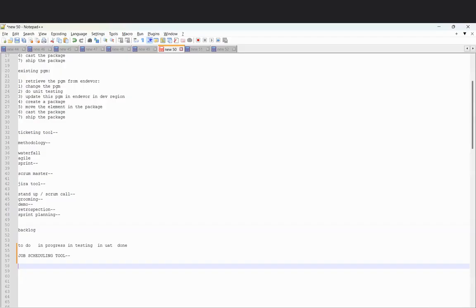Now, all these things are automatic. I'm talking about the production region. Files come, jobs run, jobs take the files and process them through COBOL programs or COBOL DB2 programs, and data will be loaded. Once files come, jobs will run. There might be time triggered jobs, dependent jobs, or file triggered jobs. Data will ultimately be loaded in the table, or report files will be generated and sent to the client. This entire process is